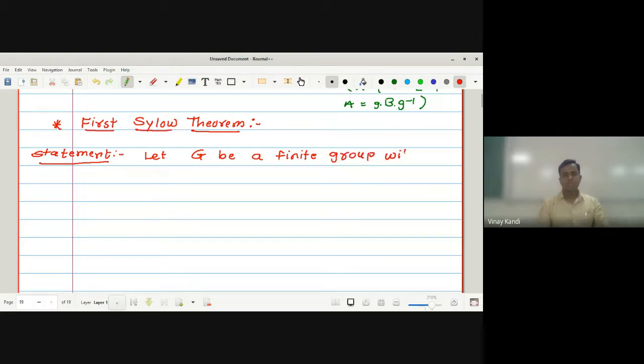With order of that group G equal to p raised to n into m, where p is a prime number. Prime number. Okay, and p does not divide this m, and n is greater than or equal to 1. Okay, p does not divide m and n is greater than or equal to 1. So then